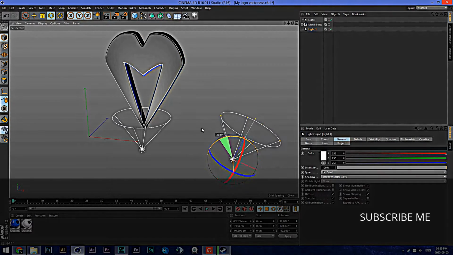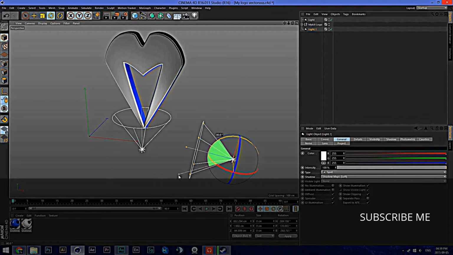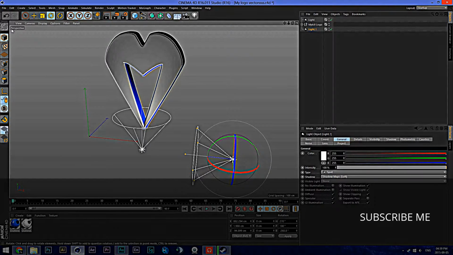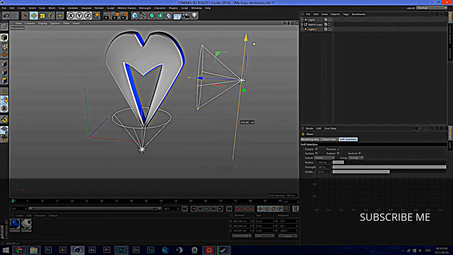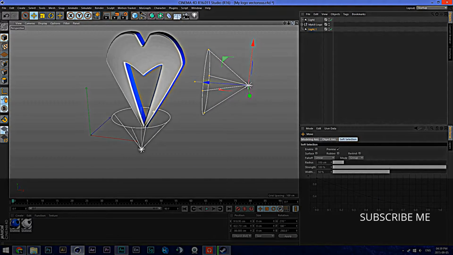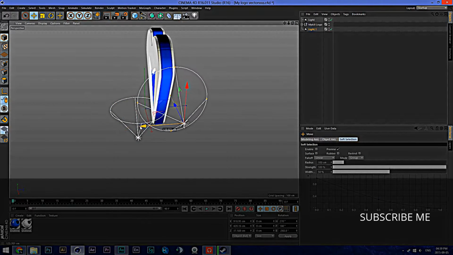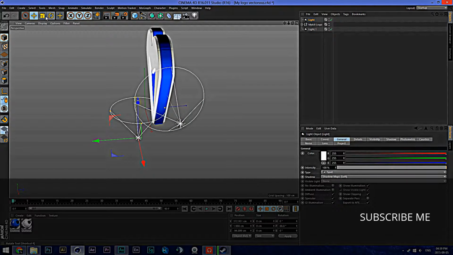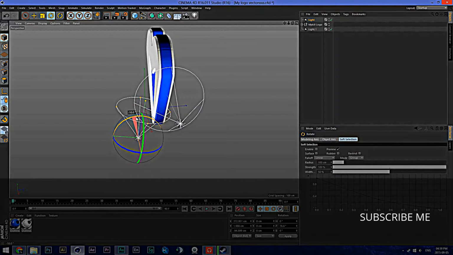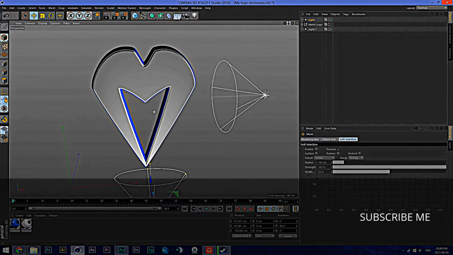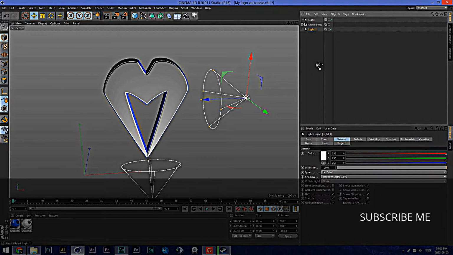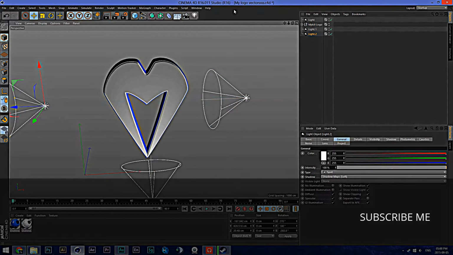What you want to do is rotate and hold down shift, and it'll snap to angles of 10 if you want perfect angles like that. I'm just gonna move it to the side so you can have some shadows all around the logo. And then I also want that to be a bit angled as well, maybe 10, 30, something like that. I'll just move it away, something like that, yeah. And then for this left one, we'll just duplicate, move it to that side,